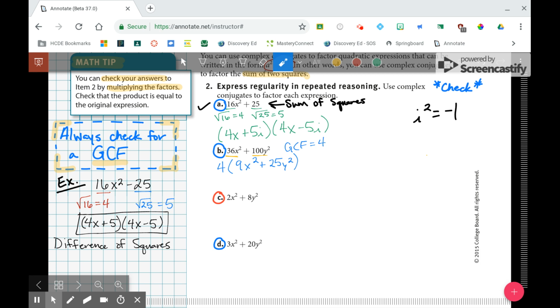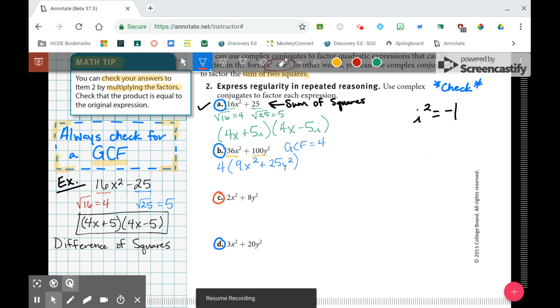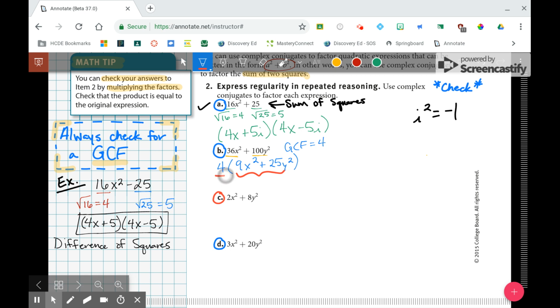Just bring down the variables. Don't worry much about the x squared and the y squared. Just bring them down. So 36 divided by 4 gave us the 9. 100 divided by 4 gave us the 25. Now, let's just focus on what is inside the parentheses. That 4, that GCF that's out in front, is just going to hang out there. So this is a sum